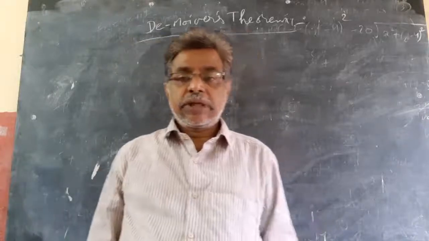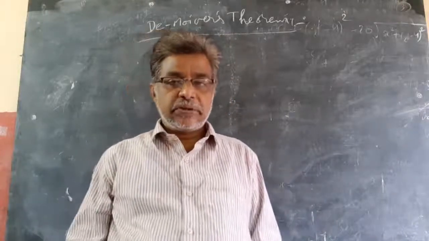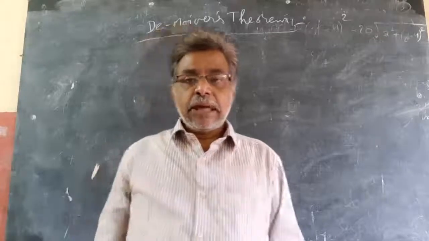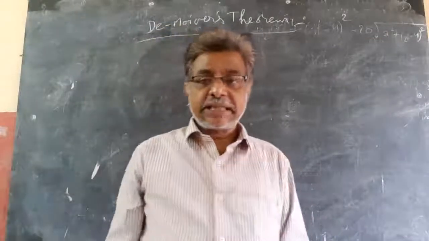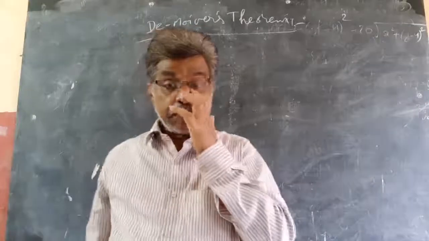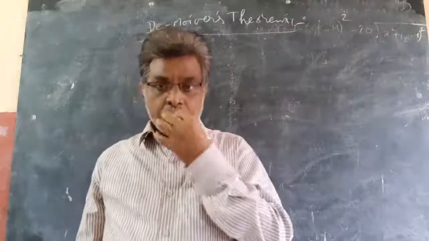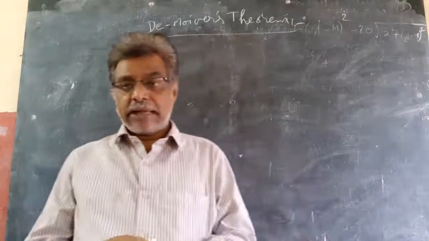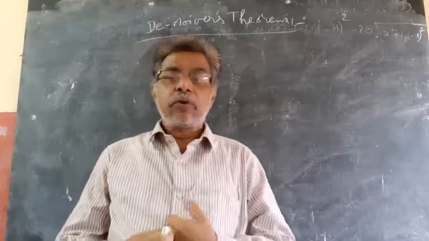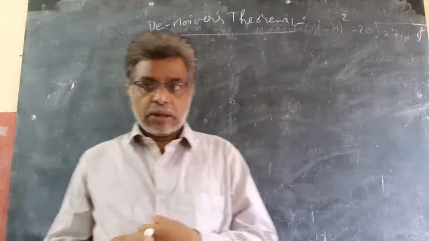Today we will start a new chapter, not a new chapter, actually a sub-chapter of complex numbers: De Moivre's theorem. Now they have divided this as a separate chapter. Previously it was part of the complex numbers chapter. De Moivre's theorem is very simple and carries one 7-marker and one 2-marker in your IPE.